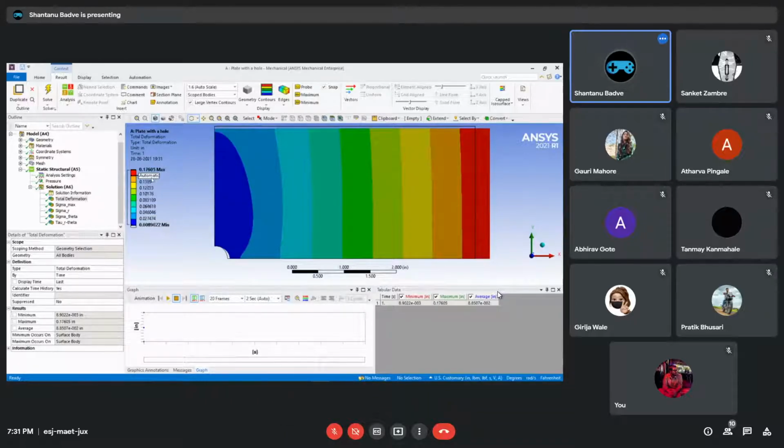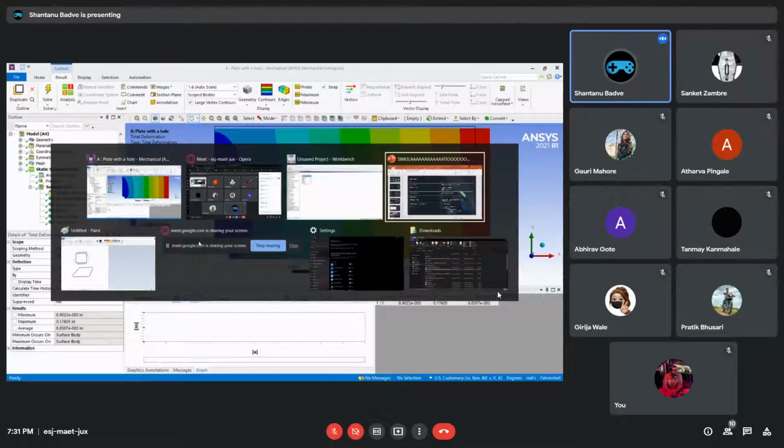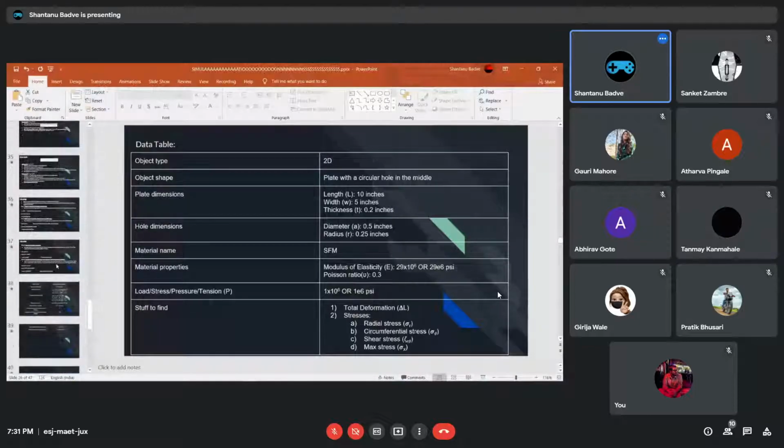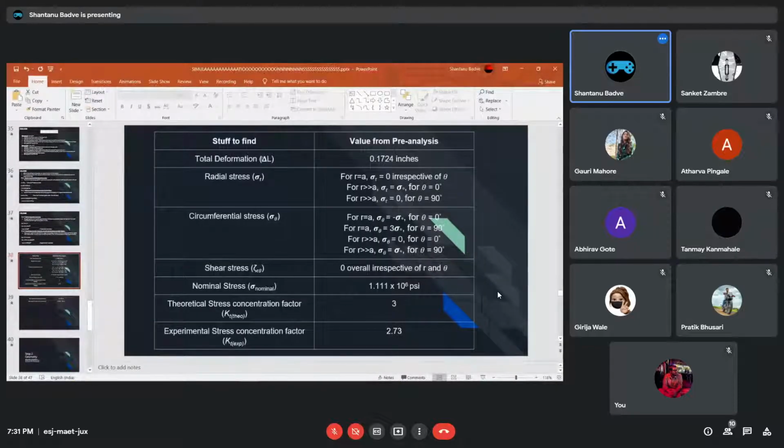The other thing that we need to note in here is this bar over here. This bar is defining the minimum deformation and the maximum deformation that has happened. We can see that the maximum deformation is 0.17605. But if we go back to our presentation and check out the values that we calculated, which are right here, we calculated the total deformation to be 0.1724 inches.